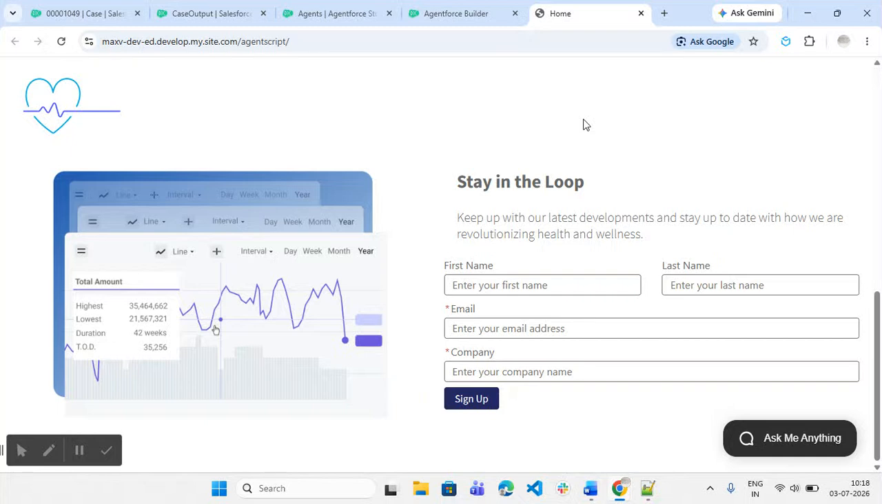Hi everyone. So today I'm going to explain a scenario. This is about a LWC component rendering in the Agentforce conversation. Previously in the legacy Agentforce Builder, we were able to display LWC components during the conversation in Agentforce. But after upgrading to Agentforce Builder, we are not able to display the LWC component in the Agentforce conversation